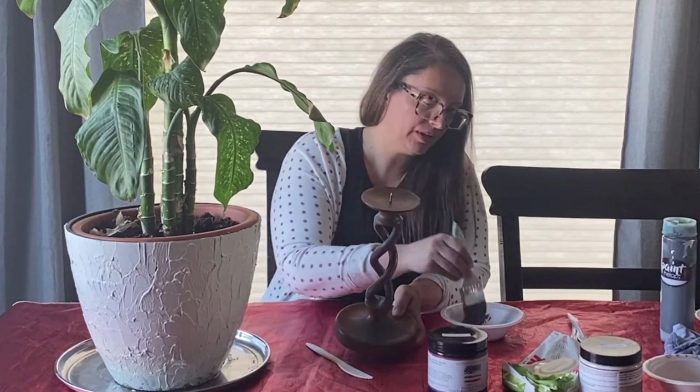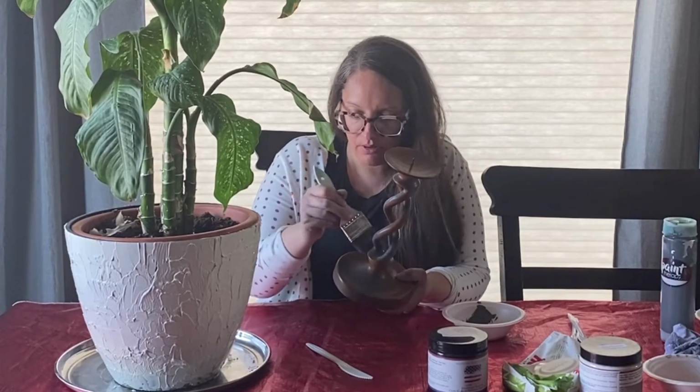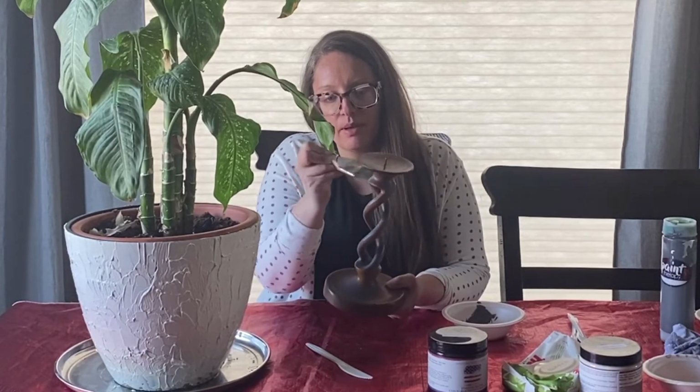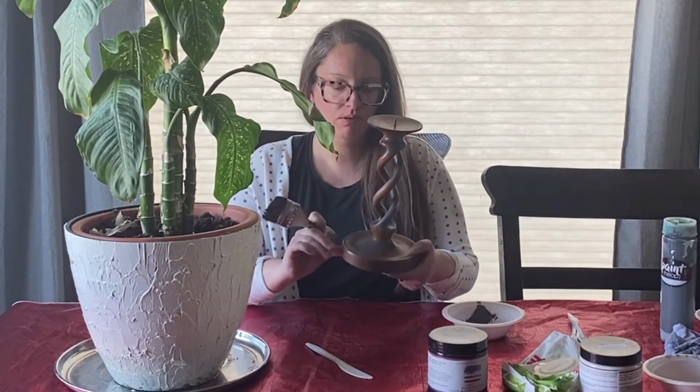And I don't know if I'm just gonna leave him gray or if I will add some black glaze to it just to darken it a bit. I'm not too sure, so I'll just go